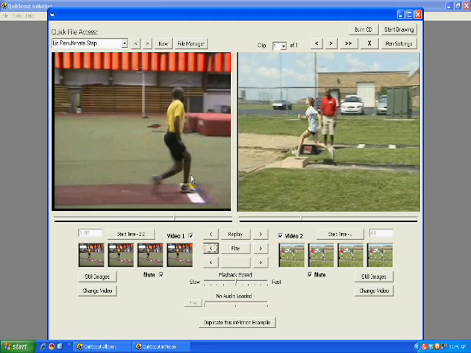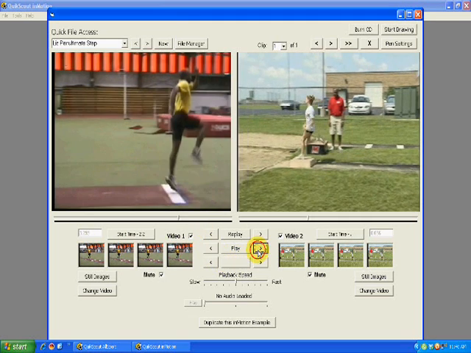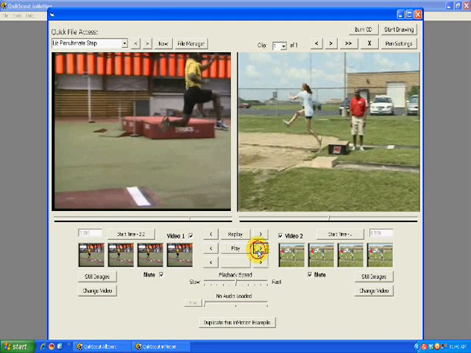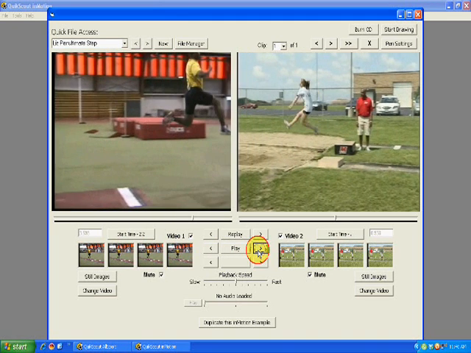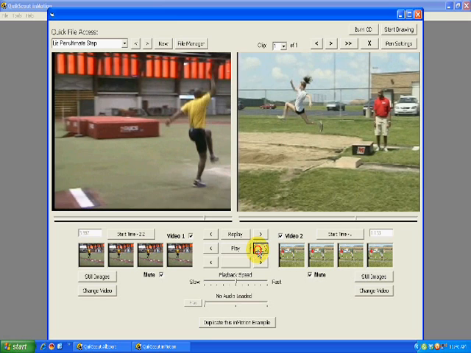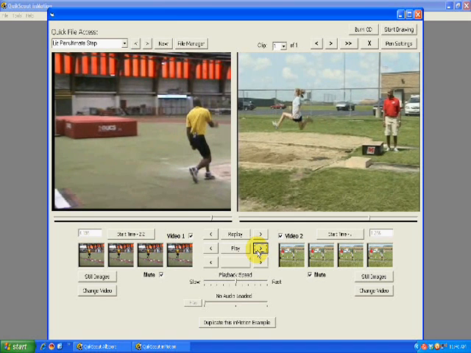Now, once we have this analyzed and you're able to share it with your athletes, you can either use a smart board or Promethean board that your school already has, or you're also going to be able to move the video into a team Dropbox. Now, this is a free service, a Dropbox technology, and what you're able to do